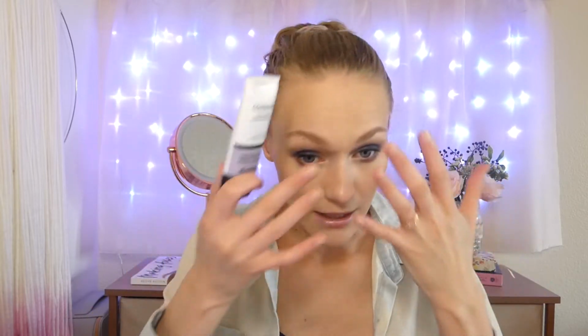And then we hopped in on the face here and we did the primer. This guy right here. And I think I'm going to say yes for now. I definitely think it played a really good part in how our foundation and our overall face is looking here. I liked the consistency of it and the way that it felt on the face. That's right. So yeah, I do like how it felt on the face and how prepped the skin felt for